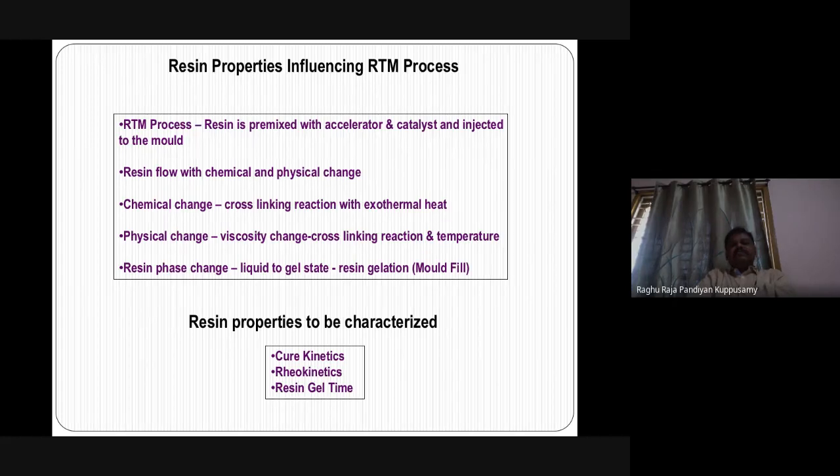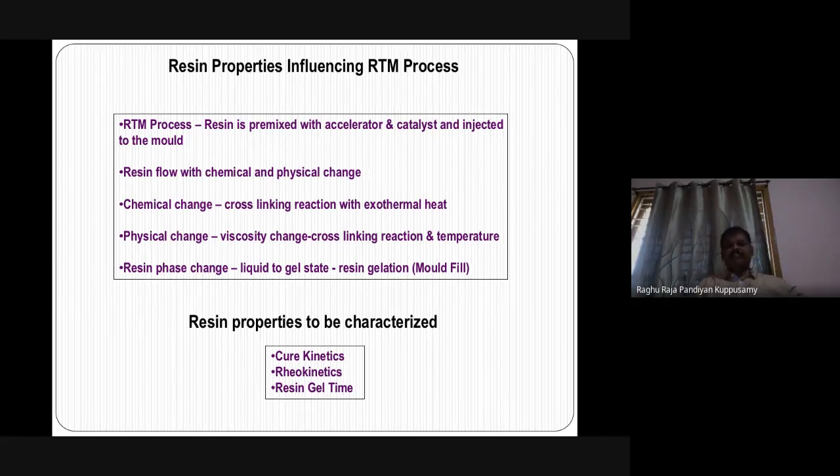And the physical change, because of the chemical reaction, cross-linking, there will be a change in viscosity due to the exothermal heat evolved as well as the applied temperature from the bottom of the mold. The resin also undergoes a phase change from liquid phase to gel state, then rigid solid state. So all these things have to be properly characterized and fed to the